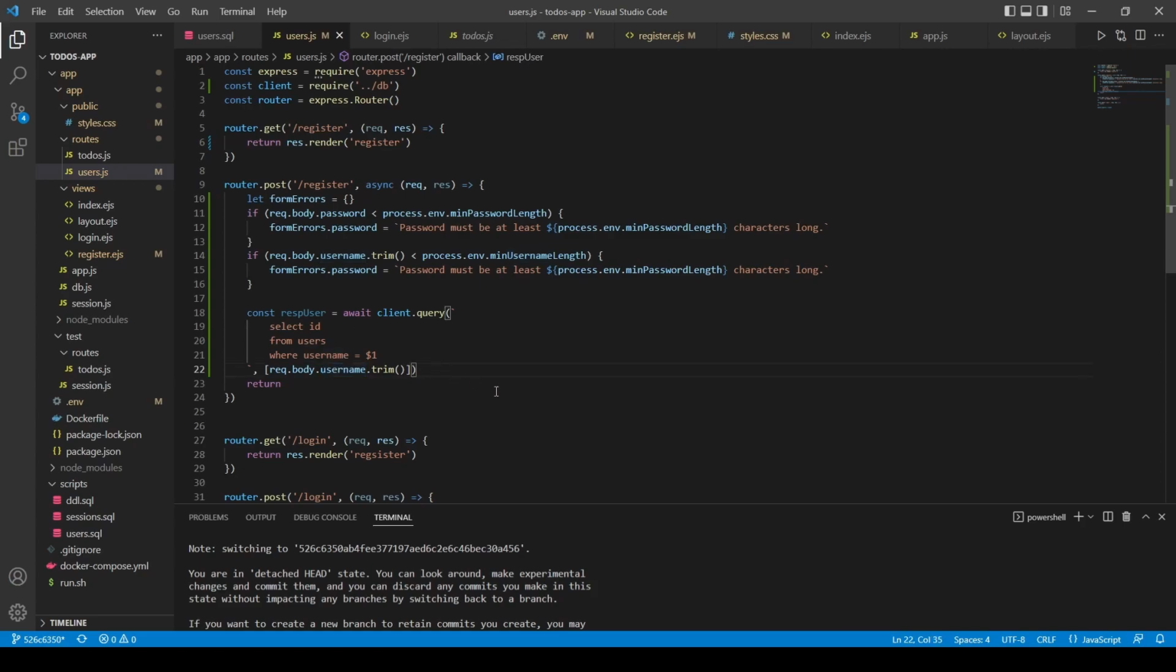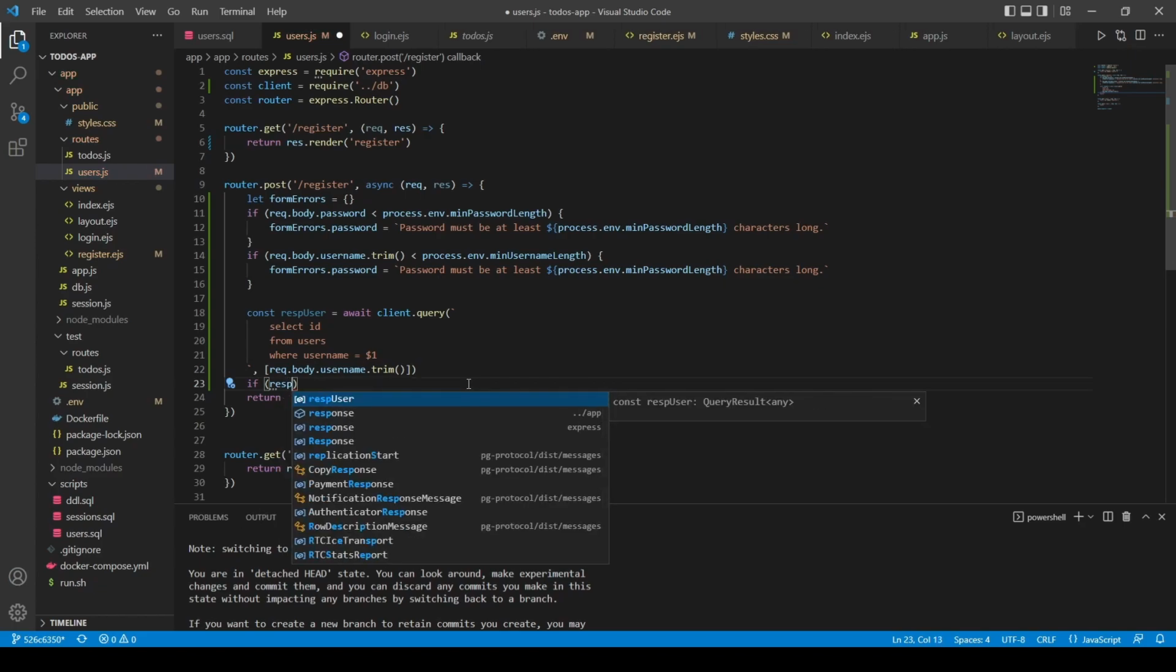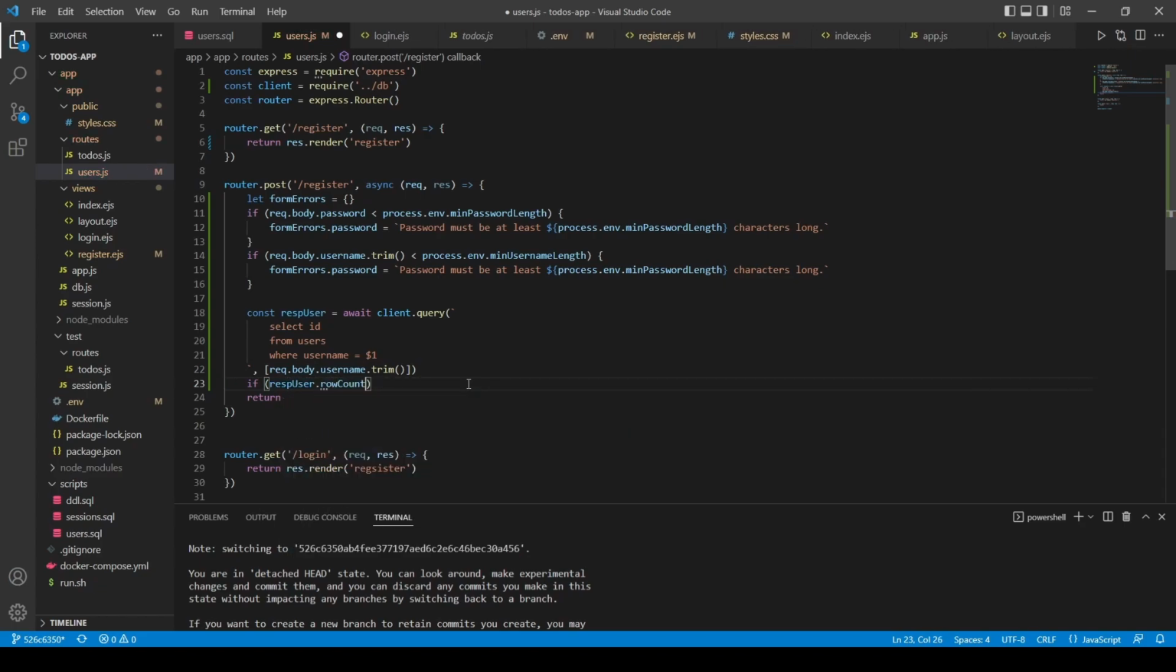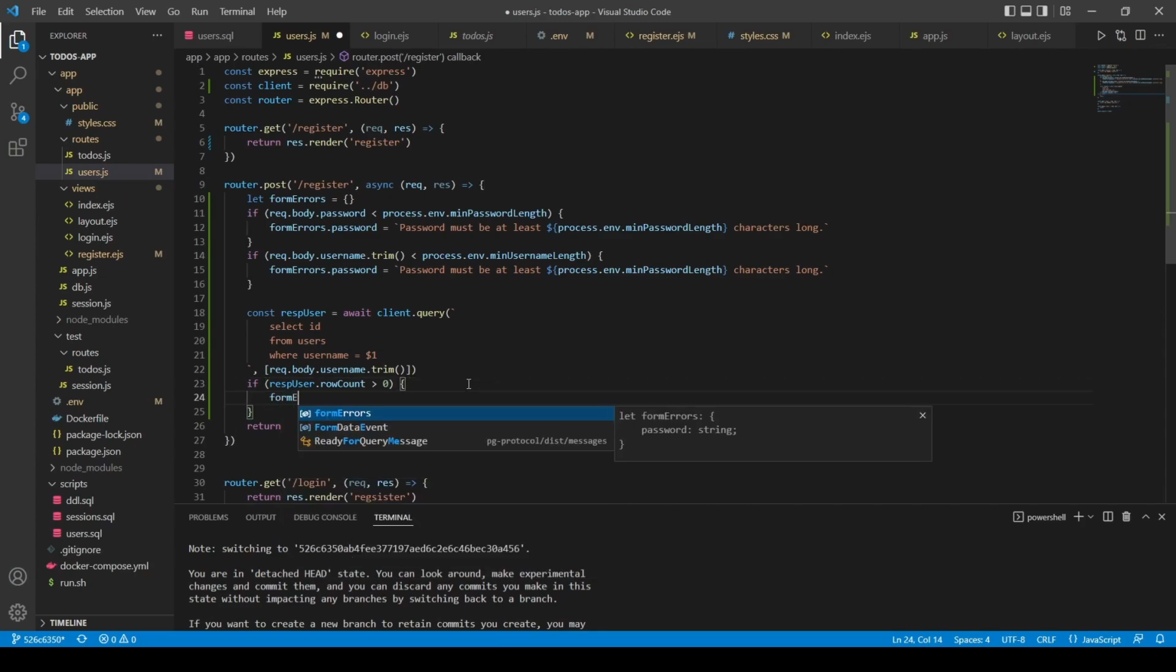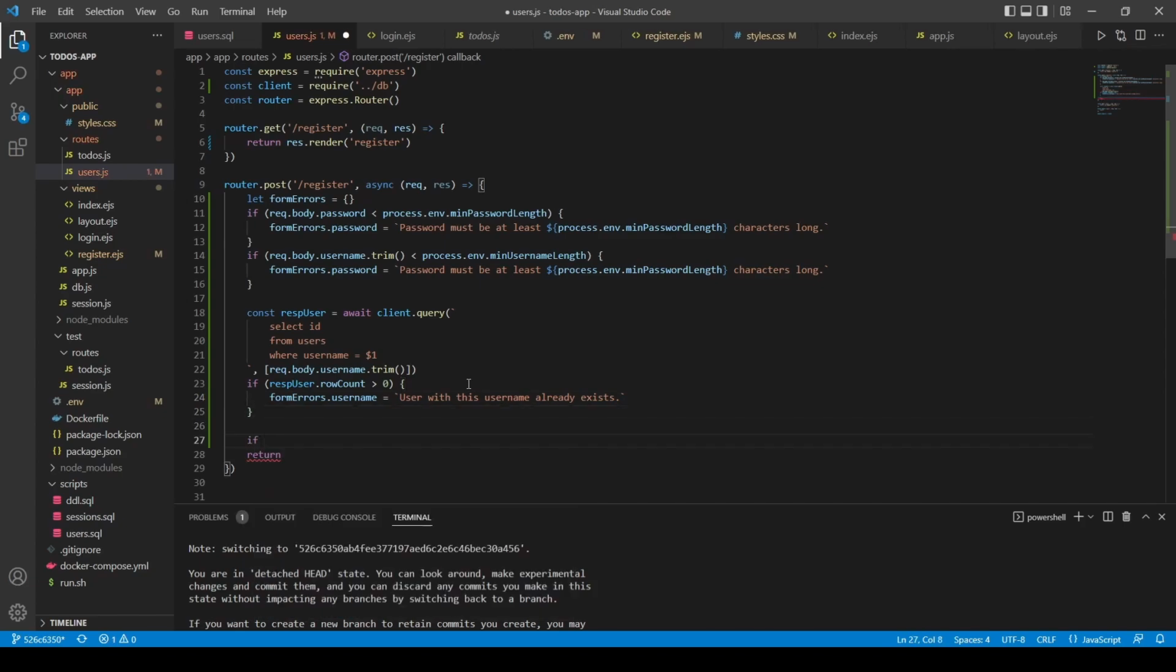Okay, and now if response user.rowCount is higher than 0, what we want to do is say form errors dot username is equal to "username or user with this username already exists." Okay, so now if